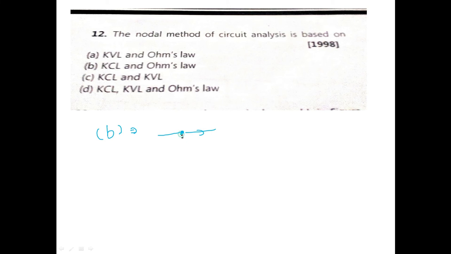Because in nodal analysis, if we look at this particular node or the previous question, what we are doing is calculating the currents going through the particular branches, that is I1 plus I2 plus I3. These are outgoing currents. In the same way we are applying Ohm's law over here. If we want to calculate I1, then we apply V by R in that particular branch, then I2 is V by R in that other branch. So the correct answer is that KCL and Ohm's law are used for determining the nodal method.